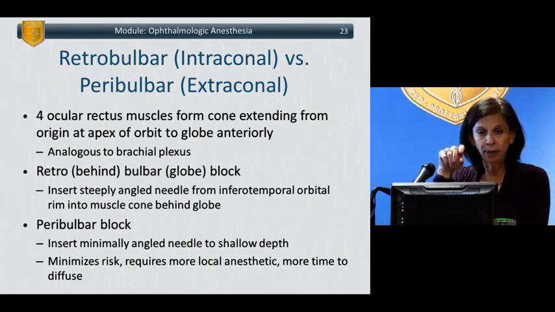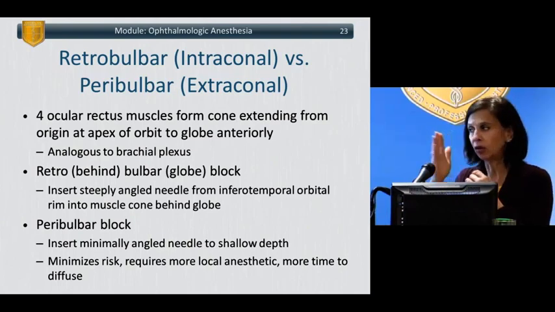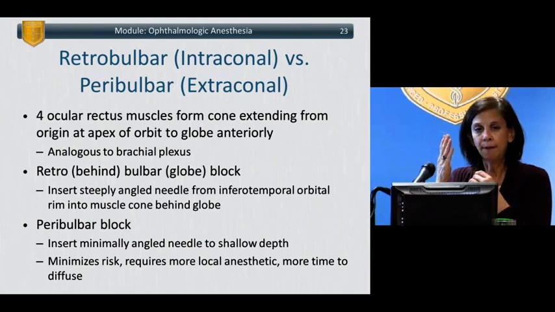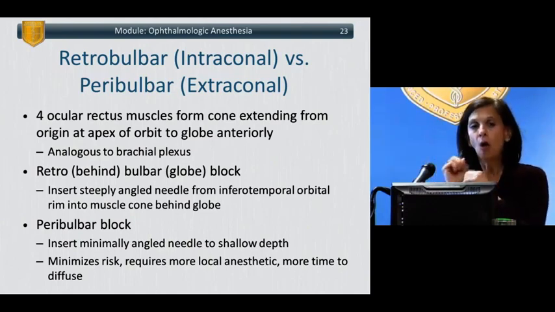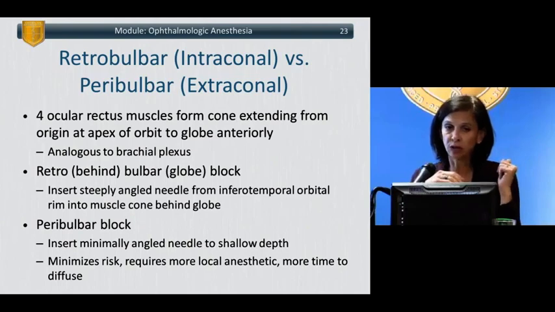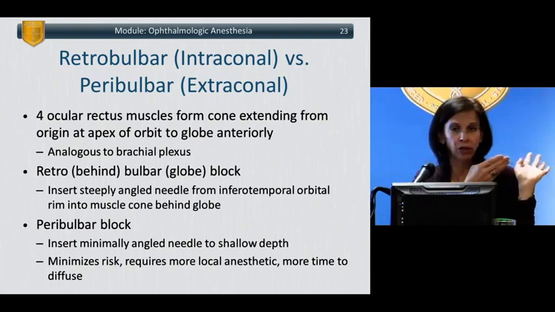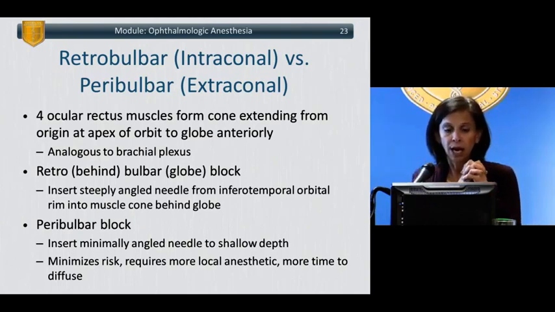They're going to the bottom part of the globe to pull your eye downward and let you look at the floor. They're going to the right side, or the lateral border, of the right eye to allow you to look over to the right. That would be the nasal border of the left eye. Or if you wanted to look to the left, then you're using the extraocular muscle located on the lateral border of your left eye, or the nasal border of your right eye, to direct your vision laterally or to